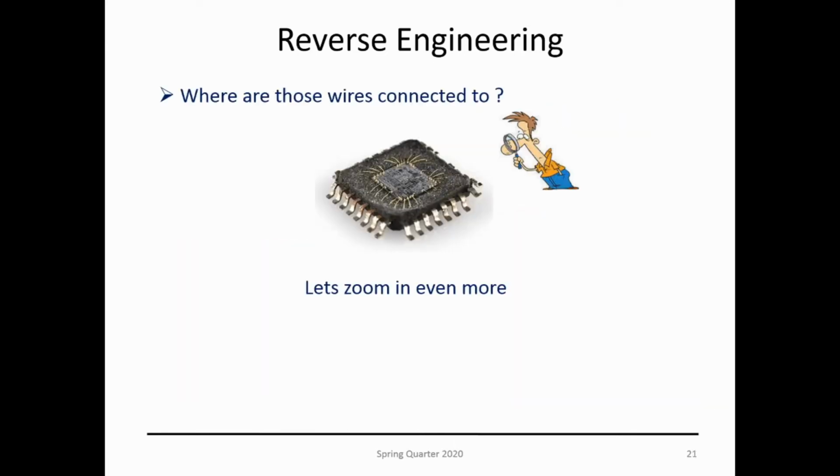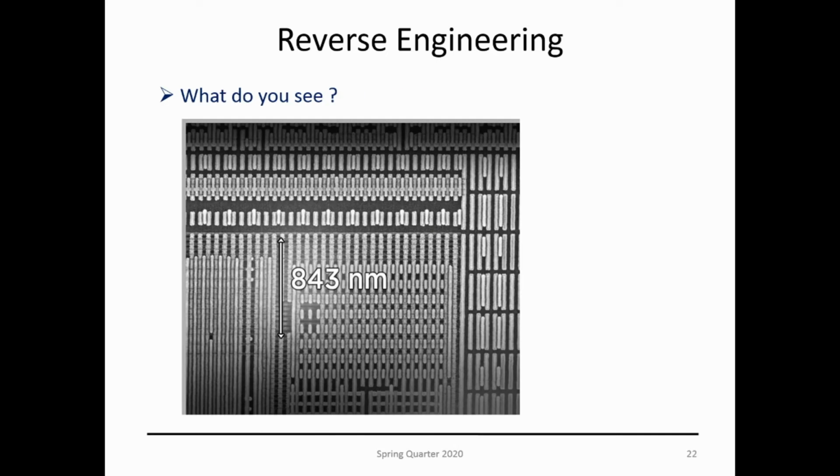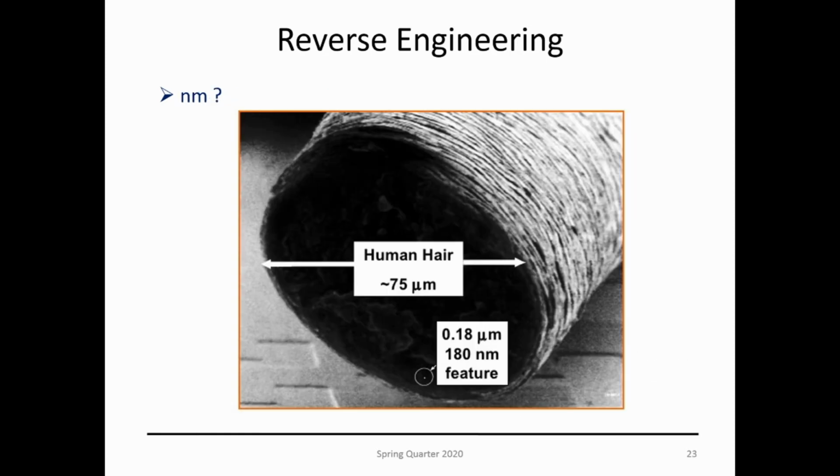Let's zoom in a little bit more, and I see things like this. What do you see? Well, I literally see just a bunch of squares and rectangles. Whatever I see, the scale is 843 nanometers, so times 10 to the minus 9, so very, very, very small. How small? Well, if this is the human hair, we're talking about something at this scale over here, so it's very, very, very tiny